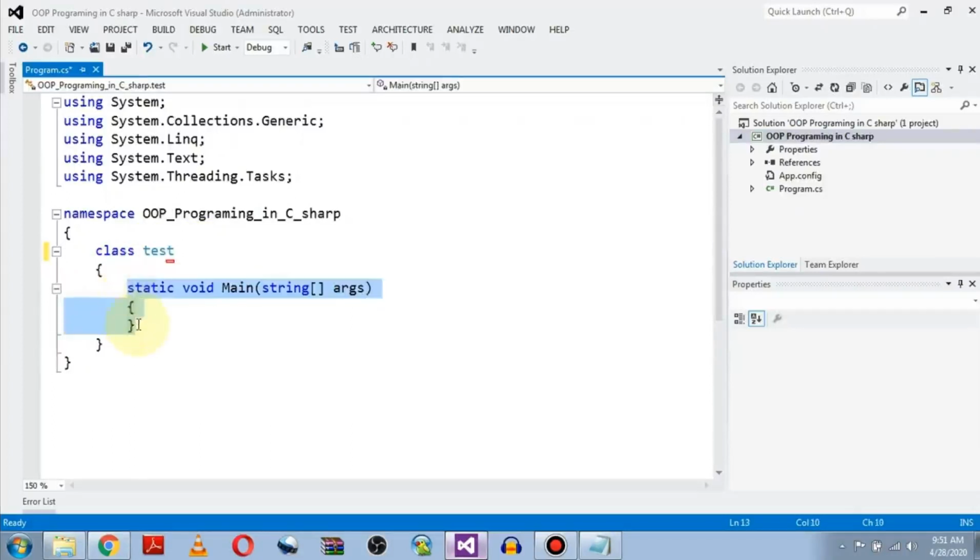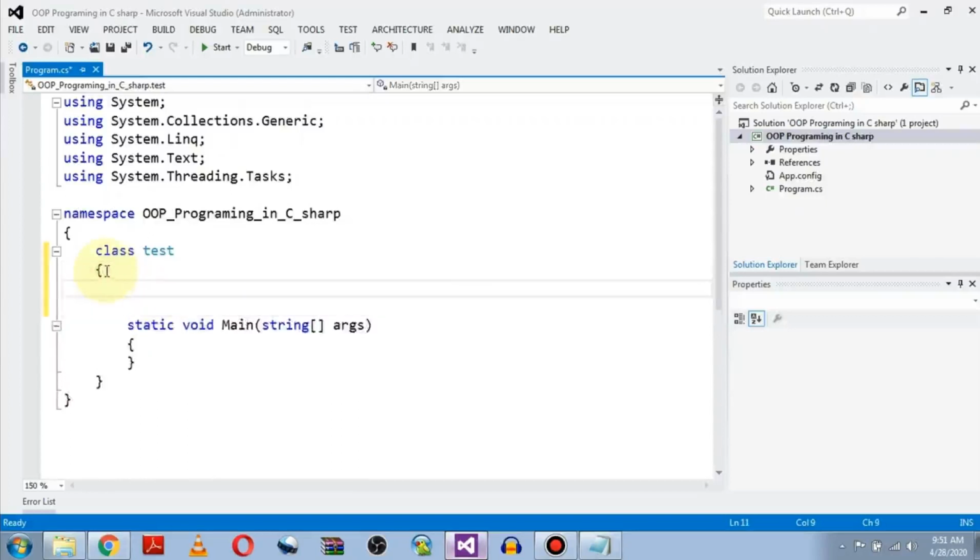Then we have a main function, and now first we will be declaring some variables, meaning data members. Before data members we must have an access specifier, which should be public, private, or protected. Public means you can access these members anywhere you want. So a public integer, let's say num,